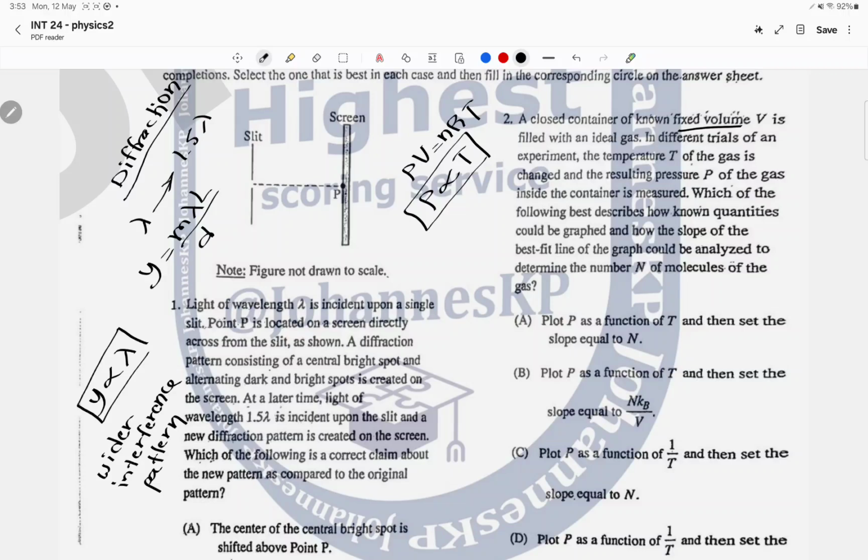Okay. Now I think last time you told me there's an equation that says PV is equal to N kB T, correct? And so we're looking to use the slope of the best fit line to find the capital N. Now, if I were to rearrange this equation, I would get P is equal to N kB over V times T. So y is equal to